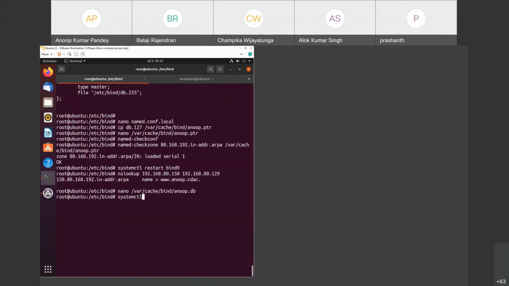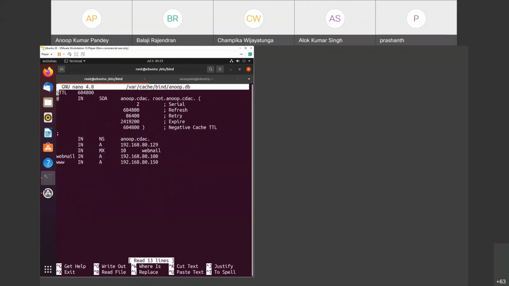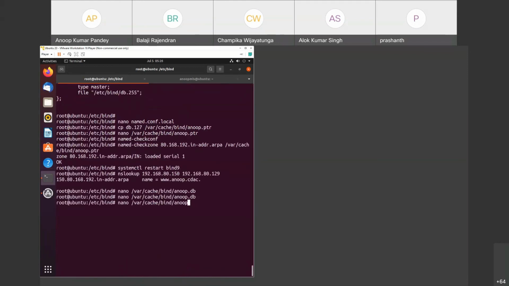Restart our server, and the good habit will change in the PTR also. Sorry, the bad habit that we left was, whenever we make a change, as a good practice, we should change our serial number. So Control S, Control X, and similarly we'll make a change in PTR also, or for now let us leave the PTR.